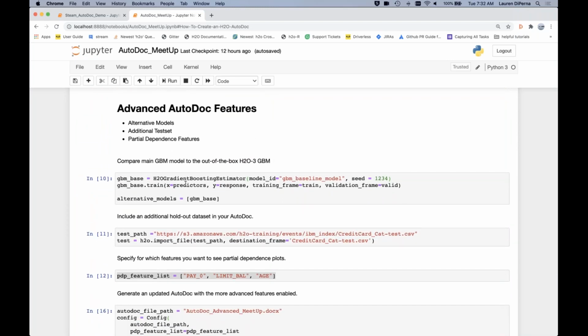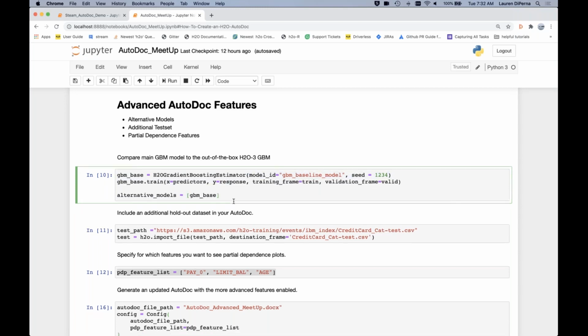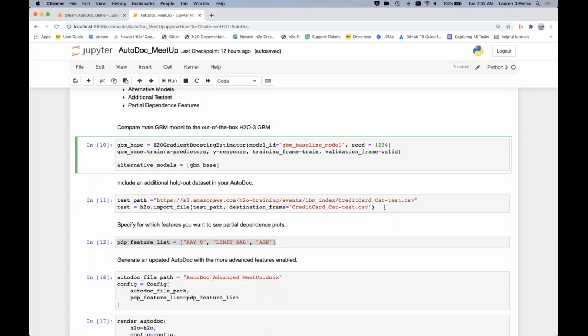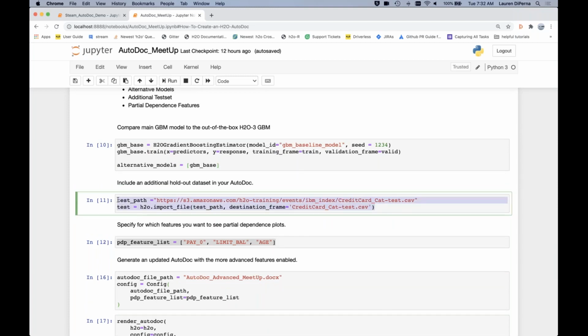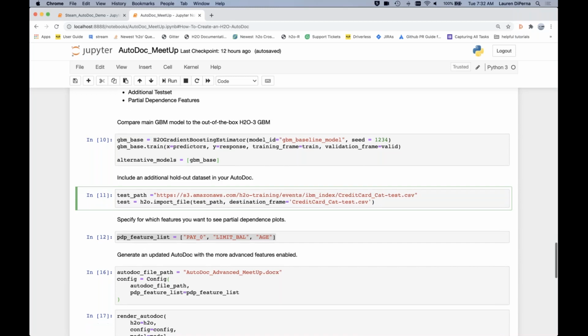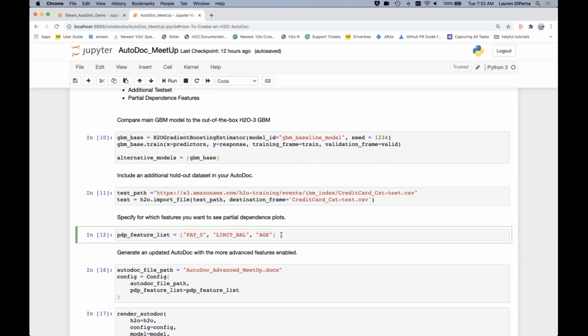The next code that I want to highlight is the advanced configurations of Autodoc. So this is where you have a little bit more control. In this case, I just want to highlight how the alternative model that you saw in the report was a GBM. And as I mentioned, this is just a default GBM, so I'm not really specifying any parameters here aside from the seed. I also imported my test set, so the test set is going to be imported as an H2O frame. And then, as I mentioned, by default, you get the top 20 features for your partial dependence plots,